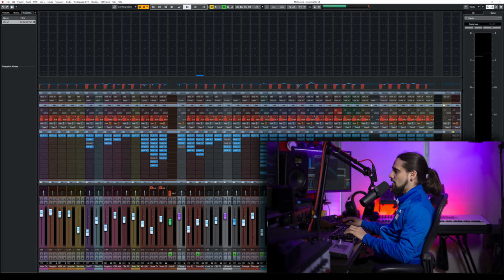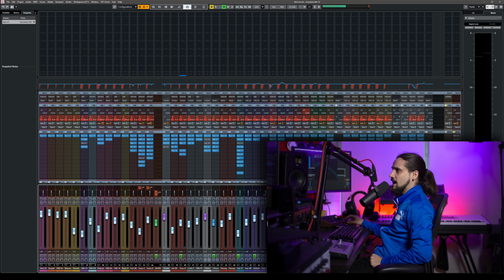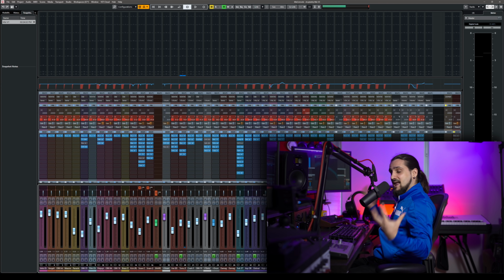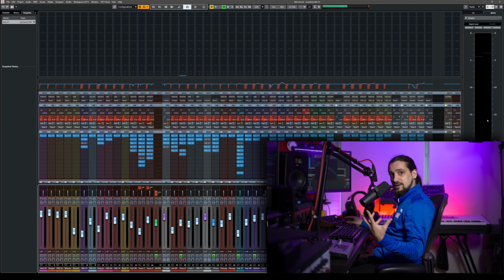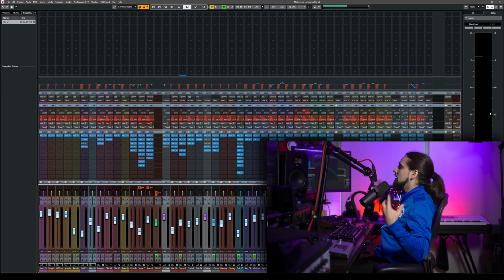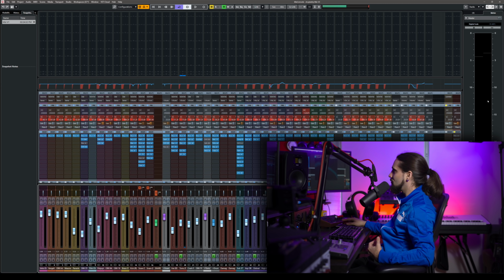Let's say you want to start a mix and you have quite a few channels, right? The main thing that you want to aim for is for your master bus not to be too hot in terms of levels. A good rule of thumb when you are starting a mix is that your master bus doesn't really go over -12 dB. I would have it around this area, okay?